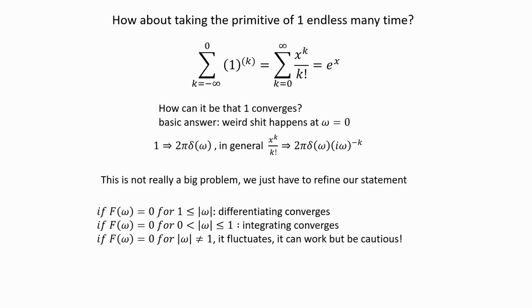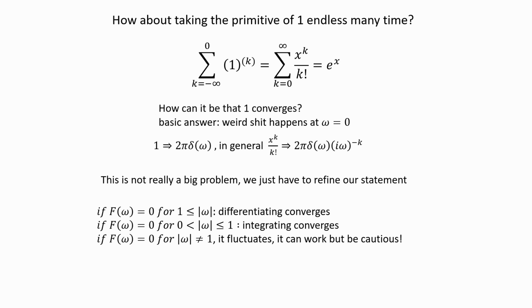But now we're going to talk about taking the primitive of a constant endless many times. Well, if you think about how integration works, or rather find the primitive, you'll see quickly enough that if you do that and you sum from 0 to infinity, you actually get e to the power x. But how can it be? Well, the basic answer is that